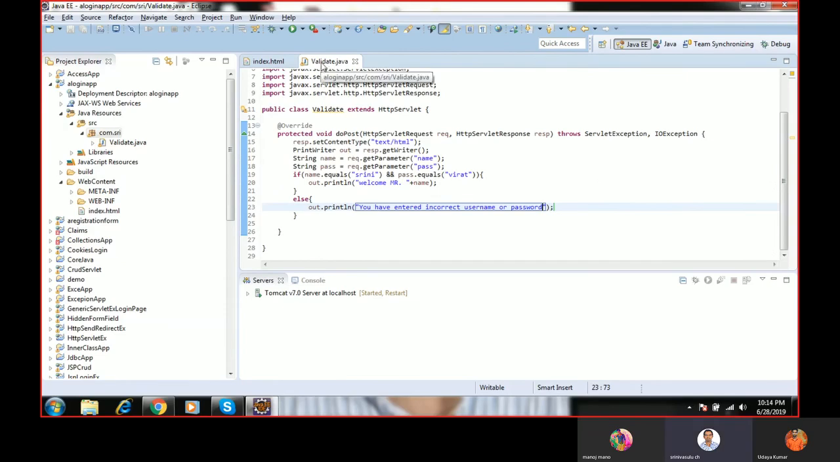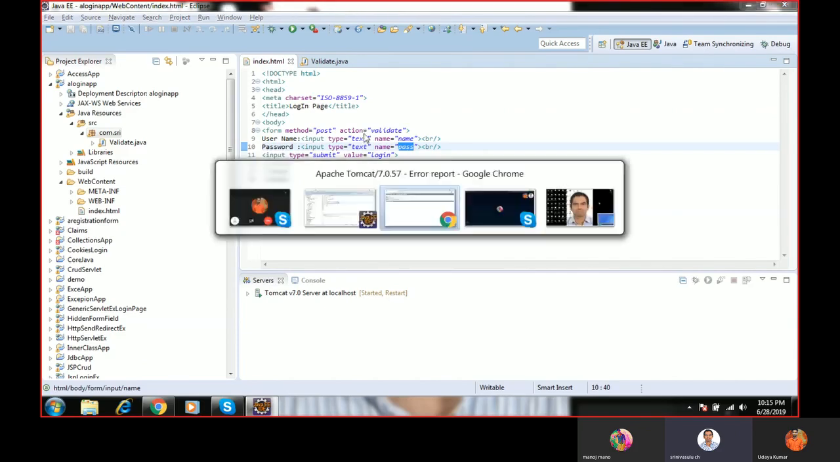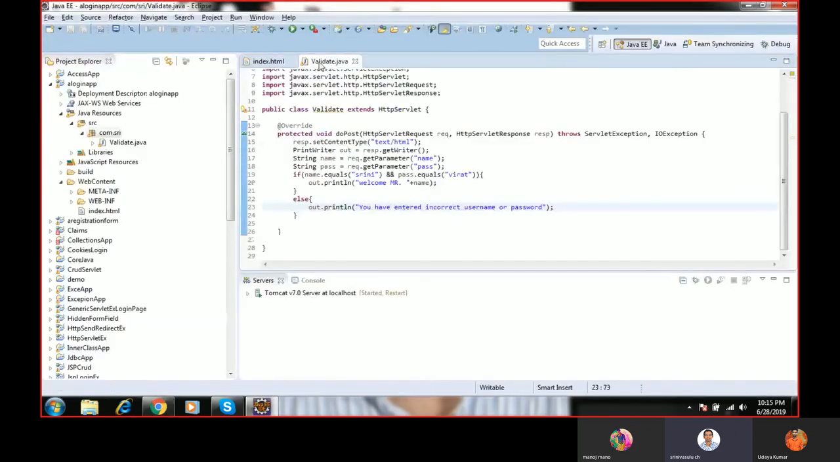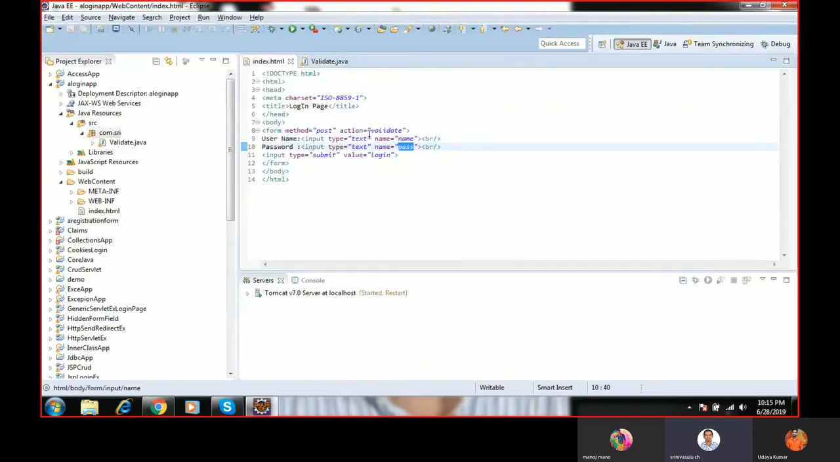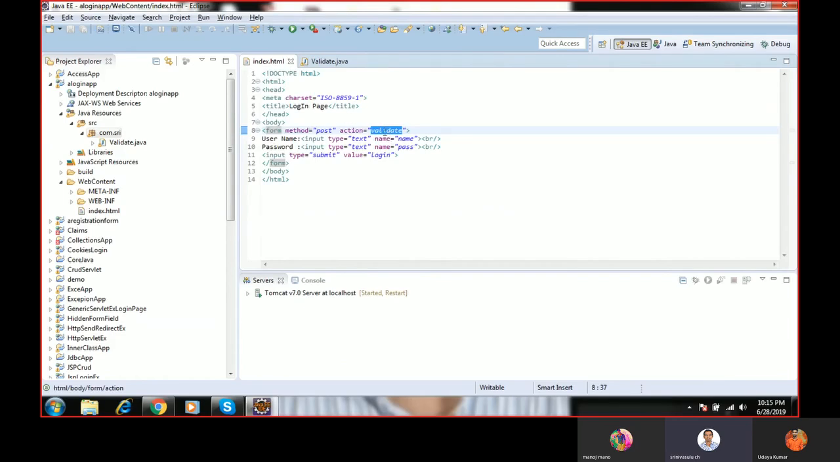Now this validate class has to be called whenever we click on the login button. When we click on the login button, it has to call this validate class. When the action is validate, it has to call this servlet. If the action is validate and this class has to be called, then we have to configure it in